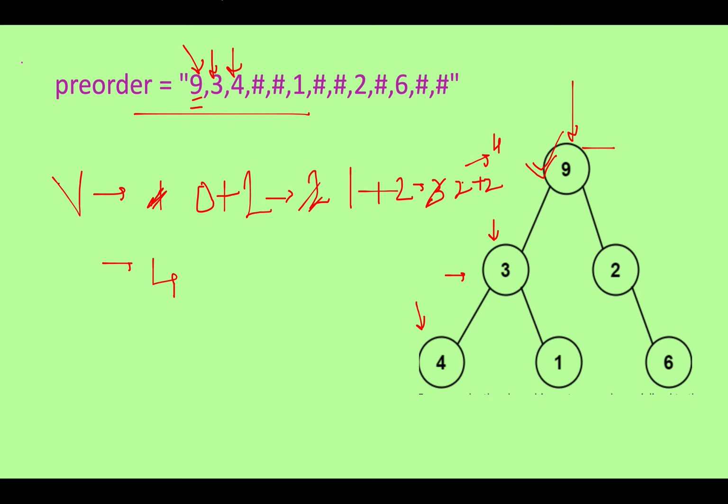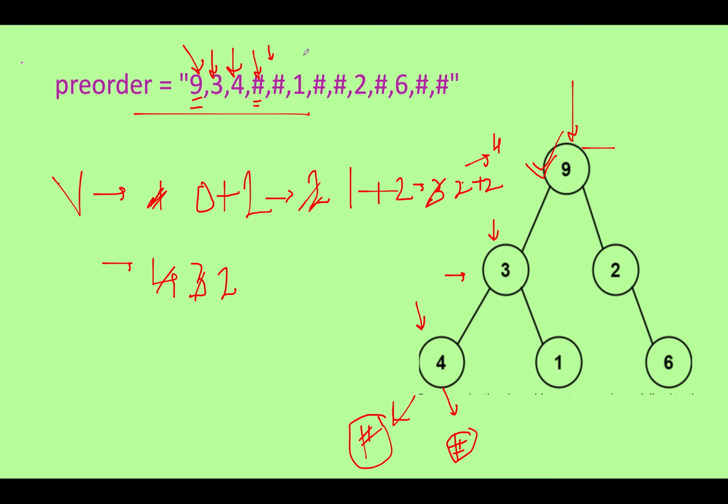Next we have a hash. This is the hash that is represented in the serialized string at this position. And let's visit this node. Since we are visiting this node, we are reducing the vacancy by 1. And since it's a null node, we will not add any value to the vacancy variable, since null doesn't cause any increase in the vacancy. Let's continue the iteration. Next we have another hash. It is represented by this right child, and since we are visiting this node, we will reduce the vacancy to 2.